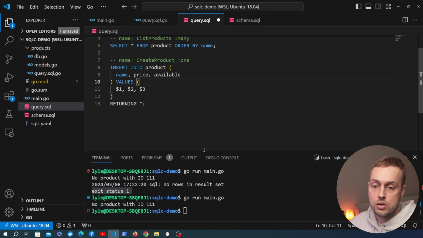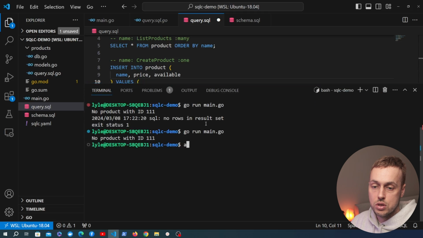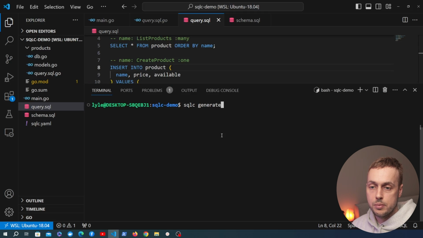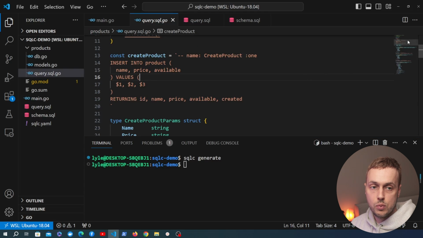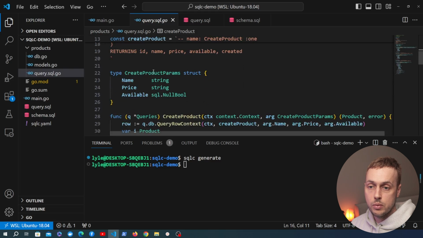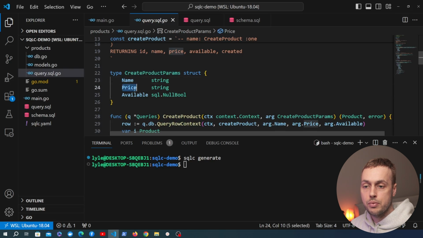So let's now go back to the terminal, and we're going to run sqlc generate, and I'm going to clear the terminal out before we run that. So let's do that now. Now you don't see any output here, but if we go back to the query file, we have some new structures in here. We have one called create product params, and that contains the name, the price, and the